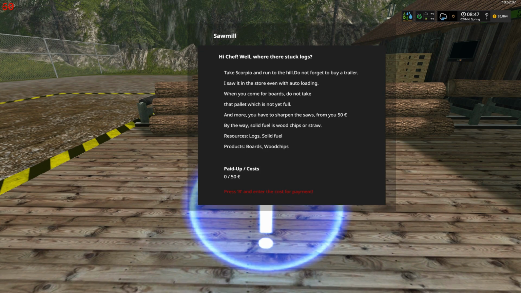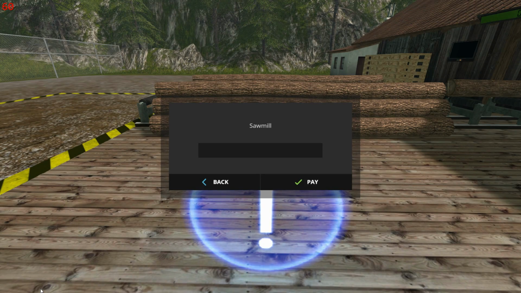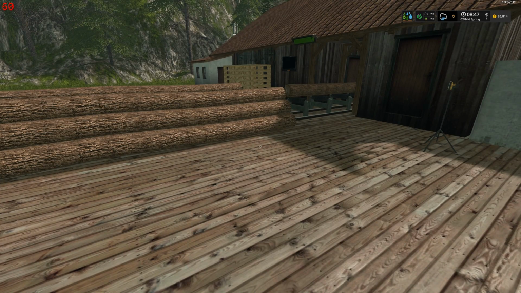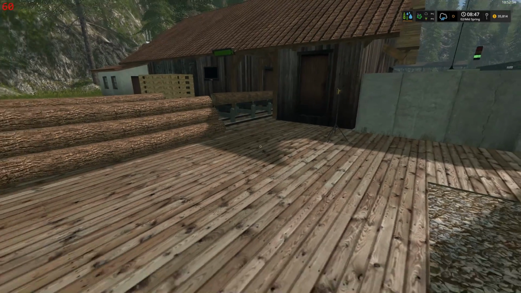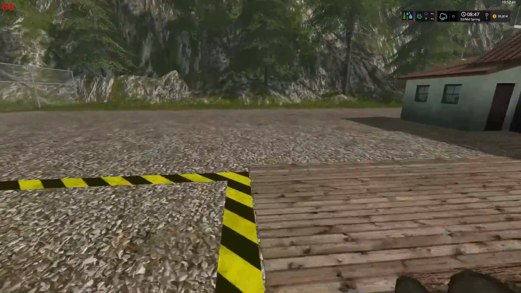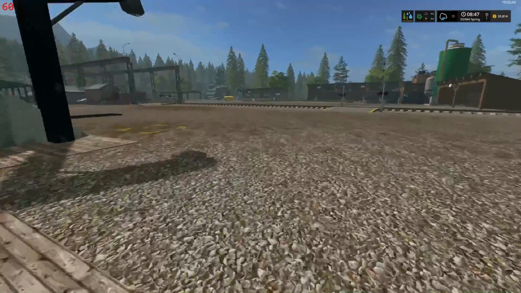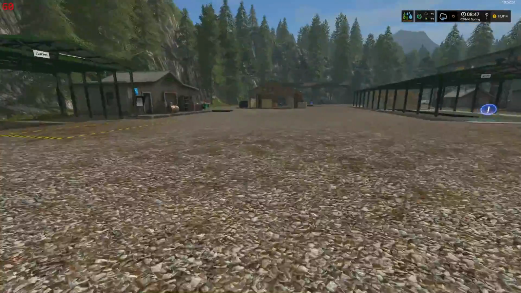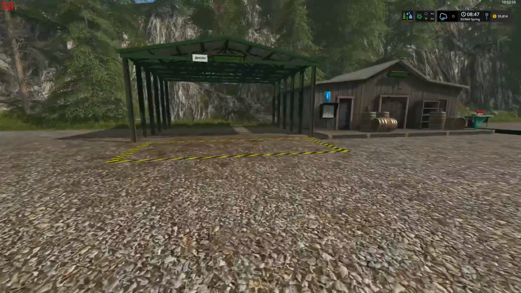Okay, so I've only got to pay $50? Huh? That's it? Really? Is that a day? With my luck. Okay, so all we need are wood chips and logs. Cool. And that'll get us started. Alright, so now,